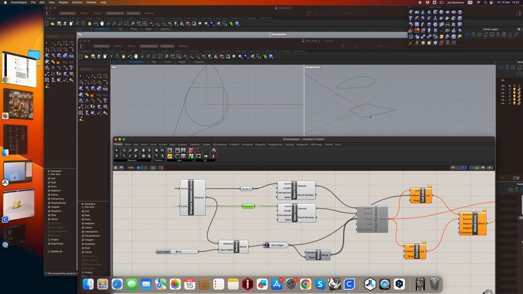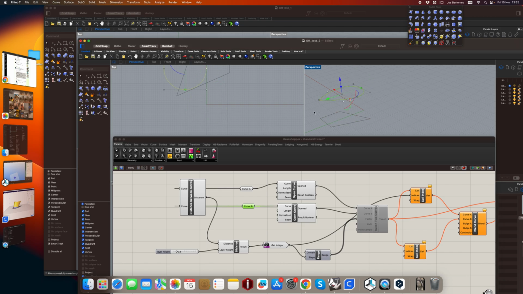to create a tweening between those two curves. So I have the curve A at the bottom and the curve B a little bit up. And what we want to do this way, we try to determine the distance between the two planar curves, which